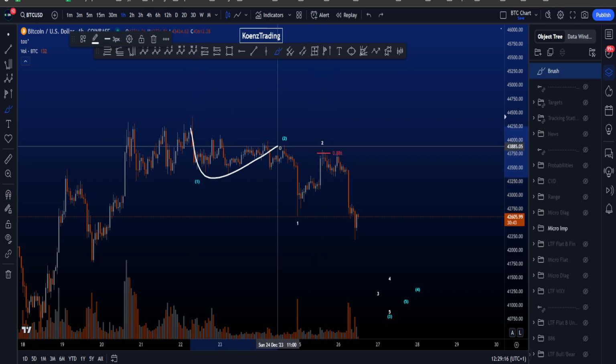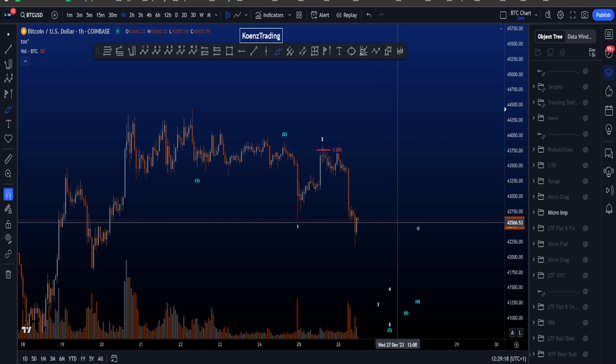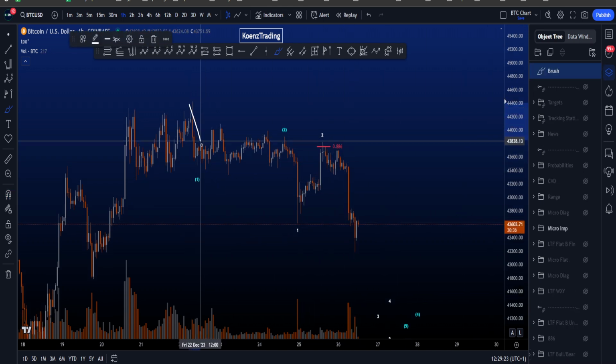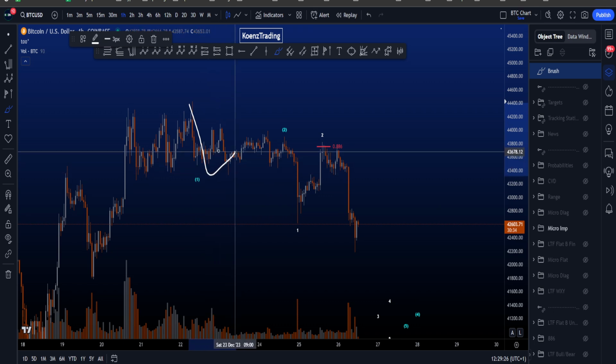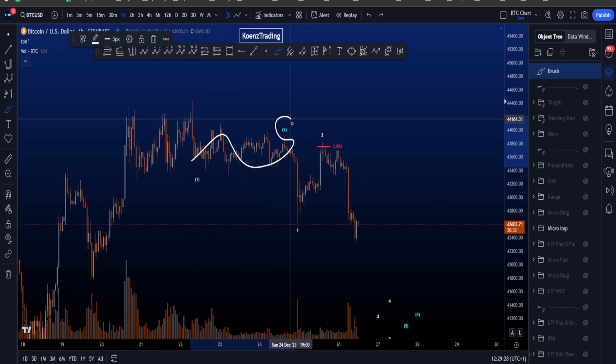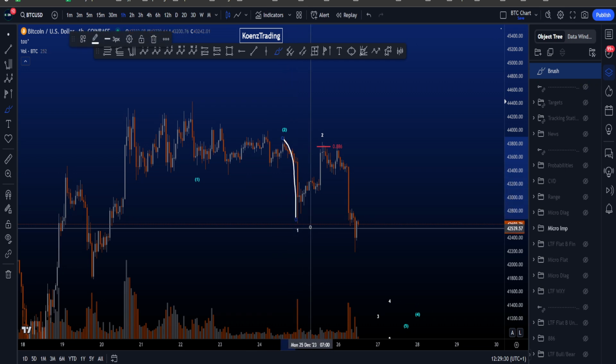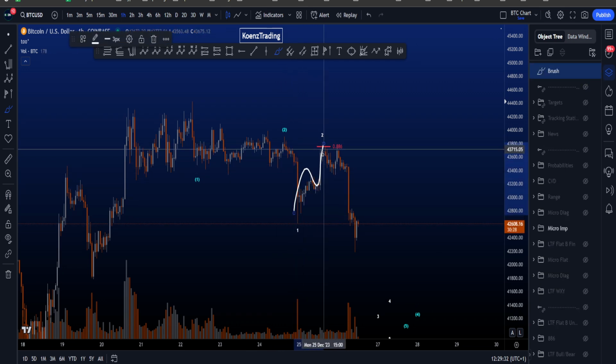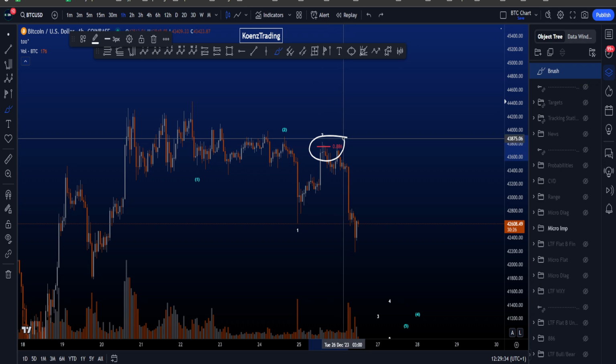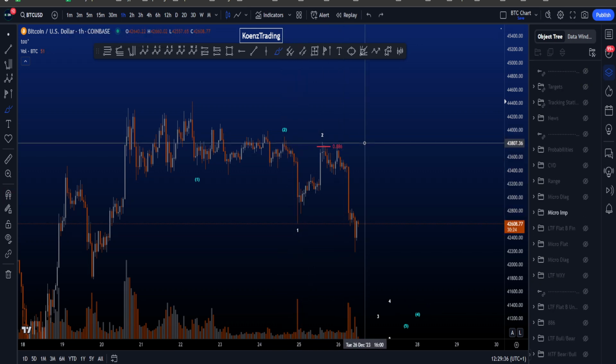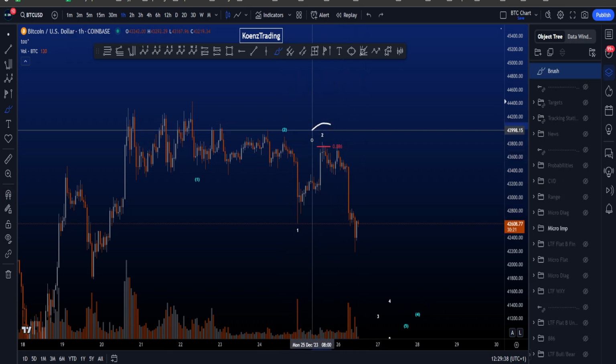So that is why over here I have a double 1-2, which also is not great because the second wave 2 reached the 886. The first one would then be here, a wave 1 to the downside, complex sideways structure in wave 2, not a wave 1 to the downside, zigzag or complex structure in wave 2, but it reached the 886 taken from the high to the low, and the 886 is a rare target for a wave 2